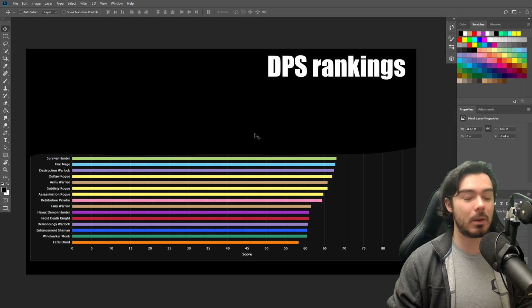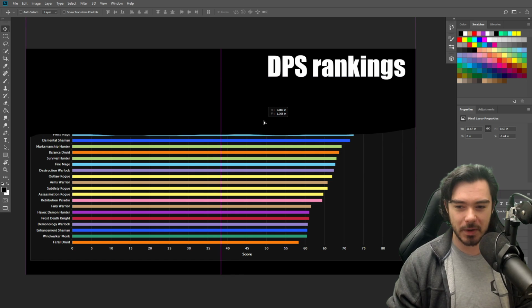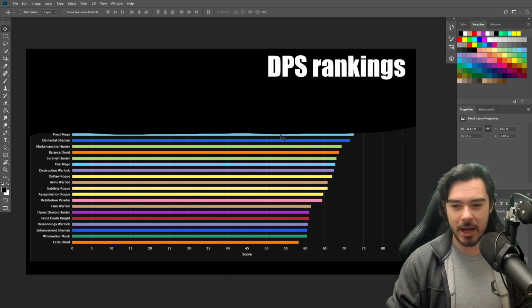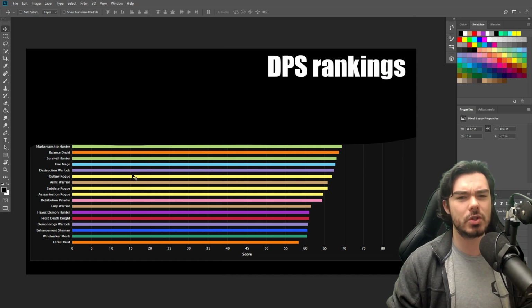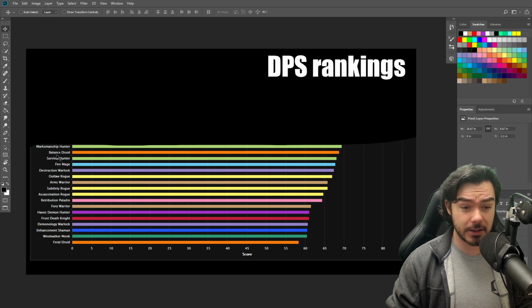Looking then at, well, what are the best specs? Which ones are doing by far the best? I probably could have actually stuck MM and Balance Druid into that. In fact, let me add those into that section. That makes the most sense. Yeah, let's add them in there to Section 2, Tier 2,